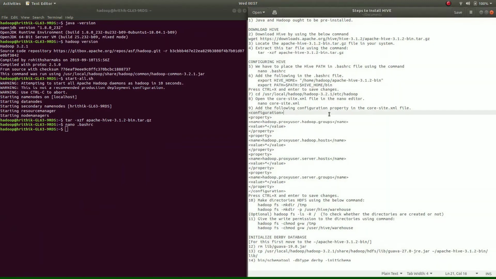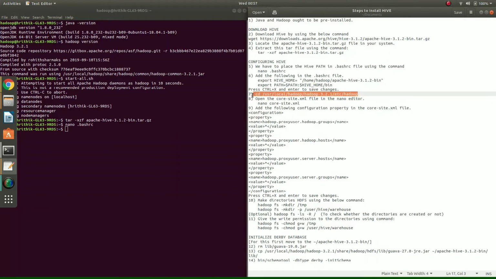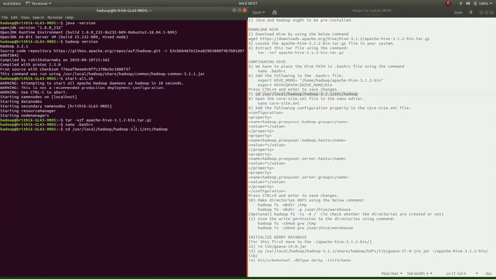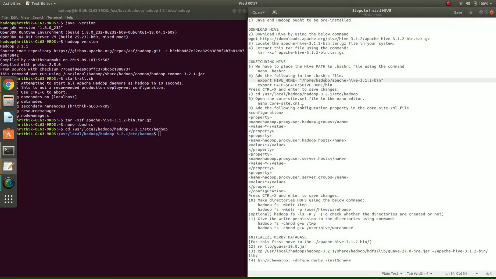Next we need to move to the Hadoop folder where we have installed Hadoop. This path will be variable for different systems because it depends on where you have installed Hadoop. We'll go into it and into the core-site.xml file to configure our Hive system.